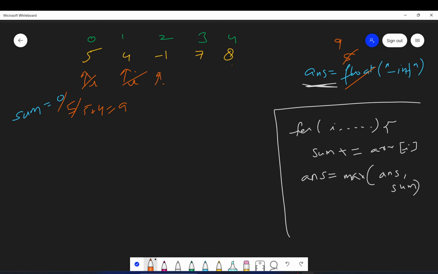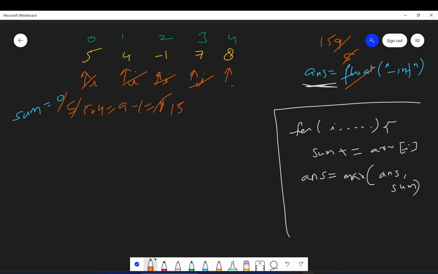We move forward. 9 minus 1 will become 8, and answer is already 9, so no need to update. We go here. Now 8 plus 7 becomes 15, so we will update answer to be 15.